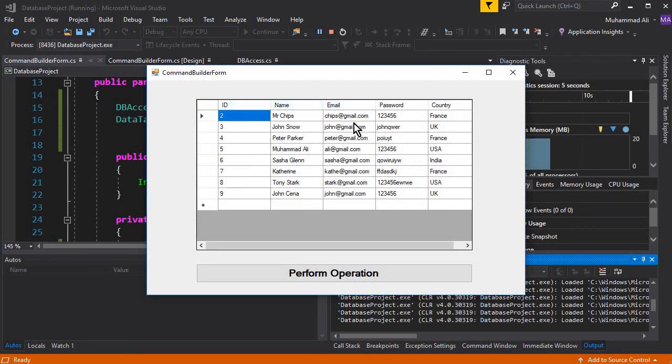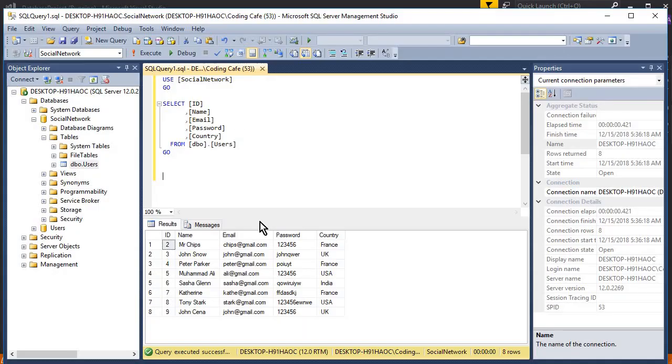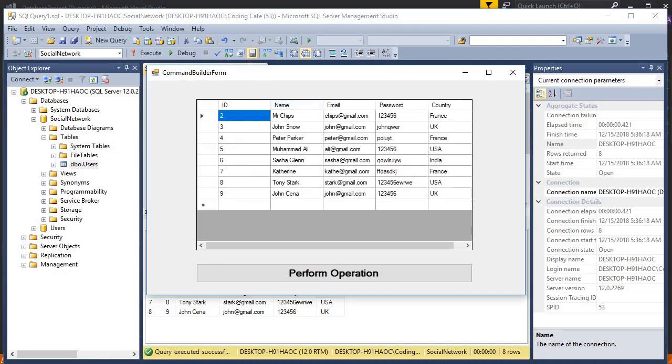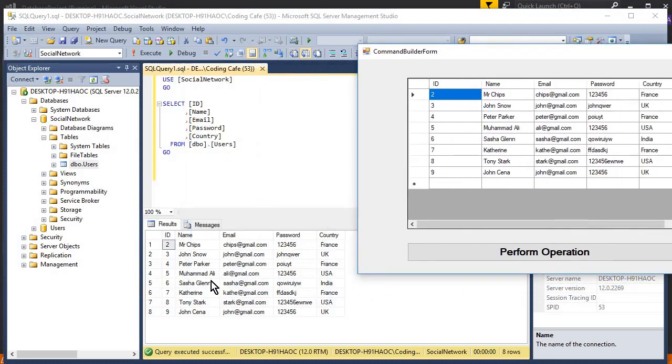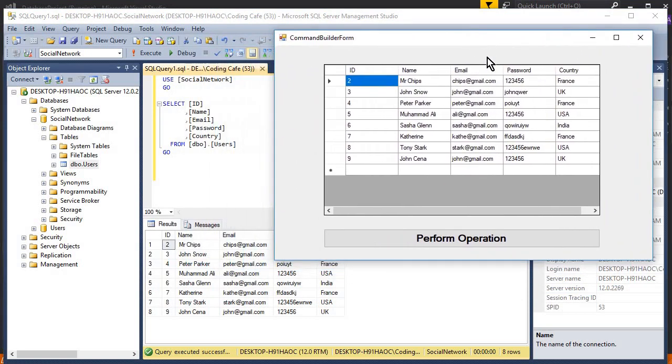I mean, it fetched all the records from the database. If I show you, then here you can see all the records it is displaying here on the grid view. Now this is it for this video, and in the next video tutorial, by using the command builder, we will perform some operations, and I will also explain what command builder